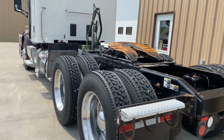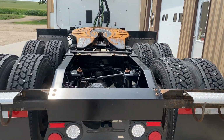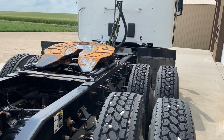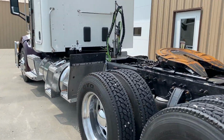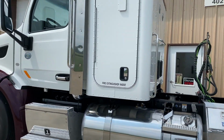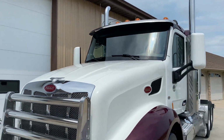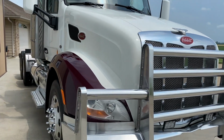Low Pro 24.5 tires, all aluminum Pete wheels. Clean, not much rust. Drum brakes on the rear, disc brakes on the front. It has locking rear ends, dual cross lockers. 220-inch wheelbase,